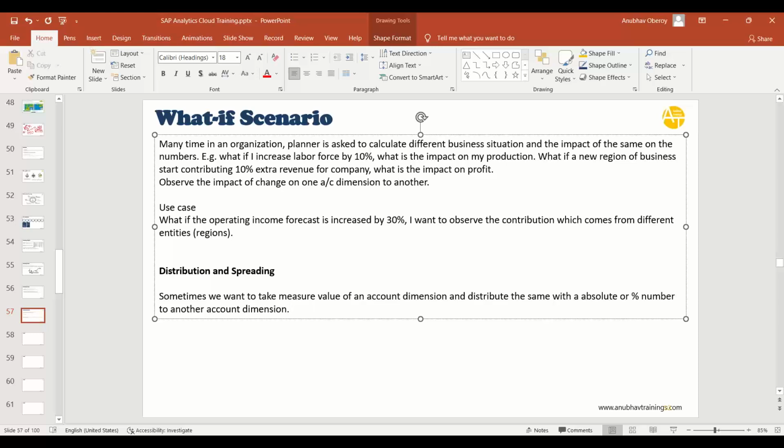This is called distribution. Example, I have a workforce of 10,000 people in India, but I want to expand